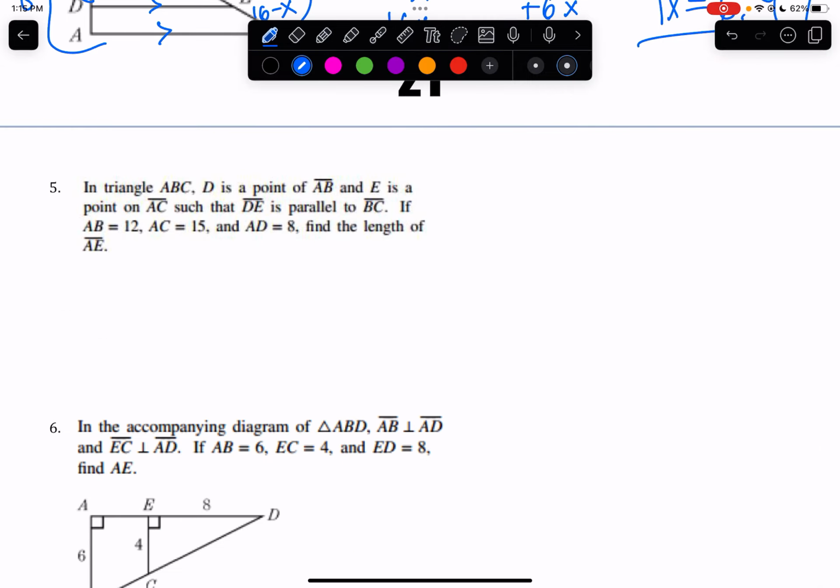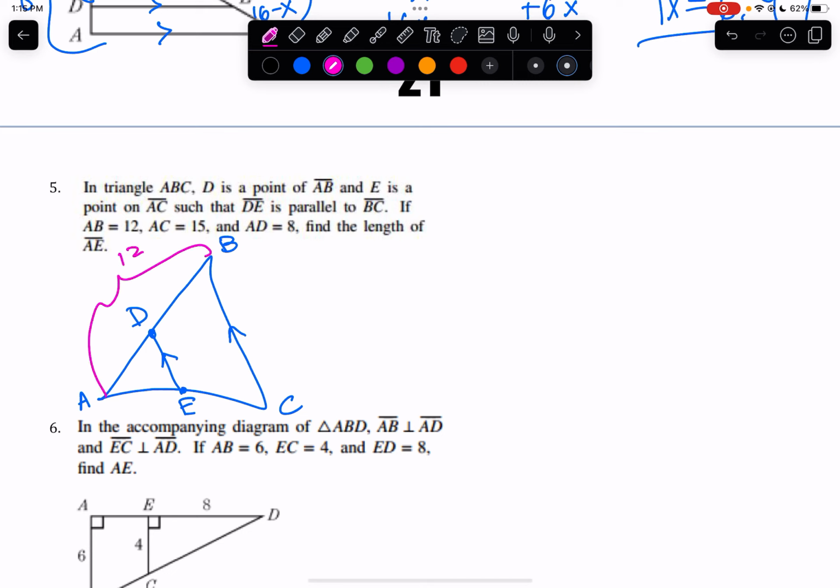In triangle ABC, D is a point on AB and E is a point on AC. So first let's start drawing A, B, C. D is a point on AB and E is a point on AC, such that DE is parallel to BC. If AB is equal to 12, so the entire thing, AC is equal to 15, AD is 8, find the length of AE. So if this is 8 and this is 4,